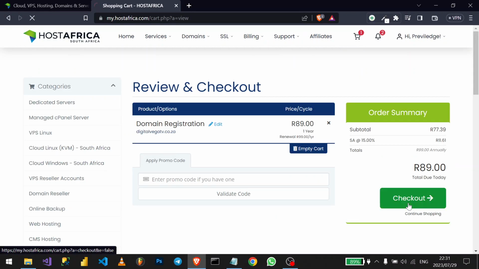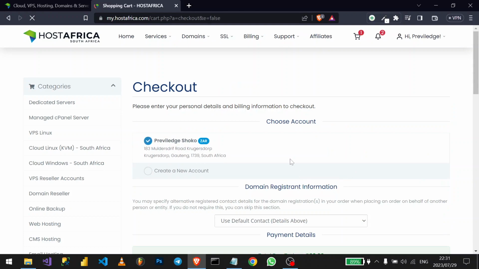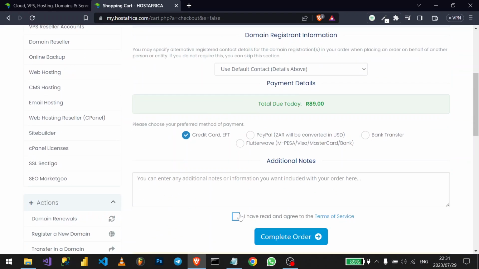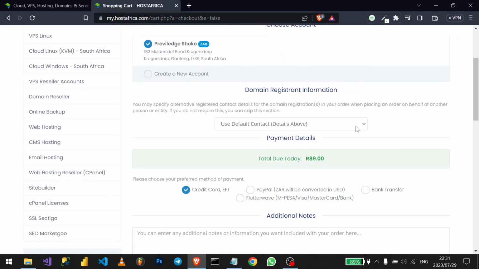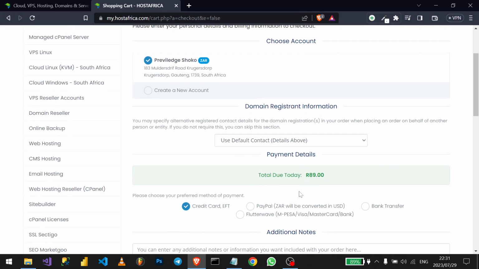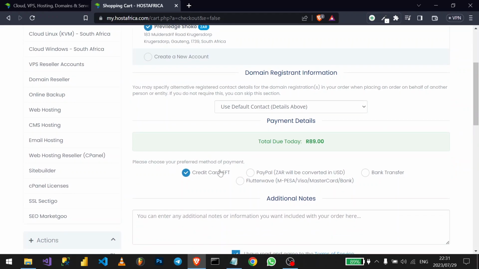So then I can just proceed on the checkout stage. Then I can easily complete the order. It will ask me for my payment details. And if I already got some cash in my Host Africa account, then I can easily use that cash that is within my account. But for this, I'll just click on